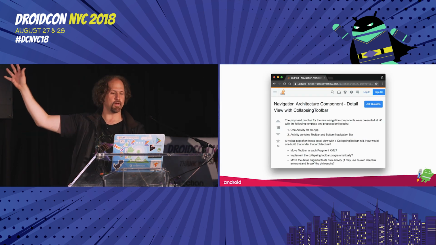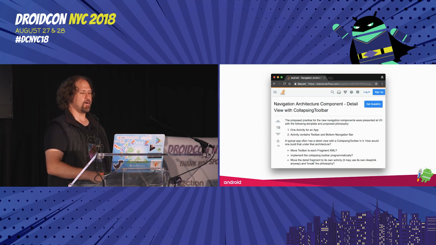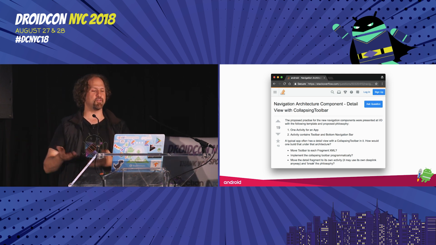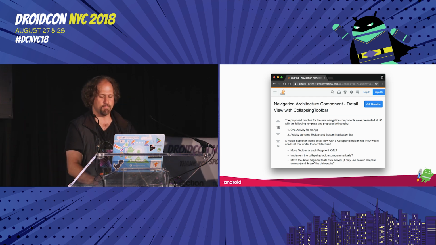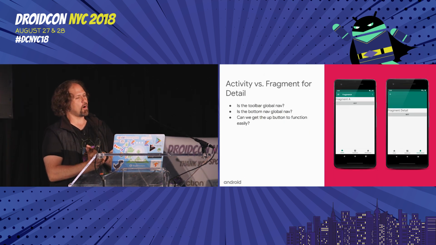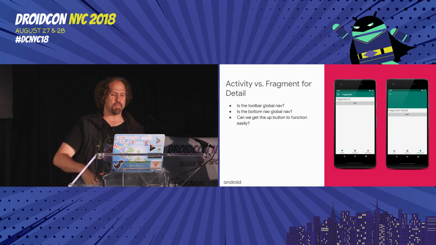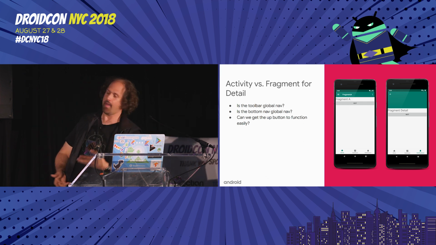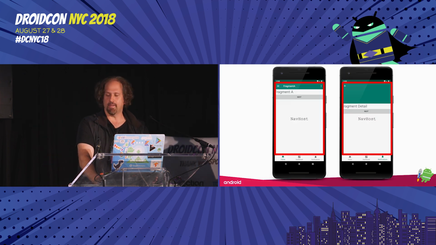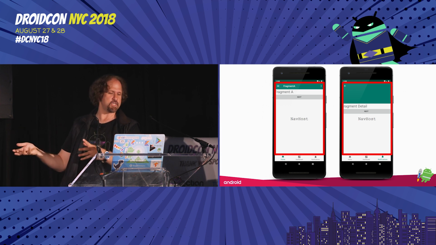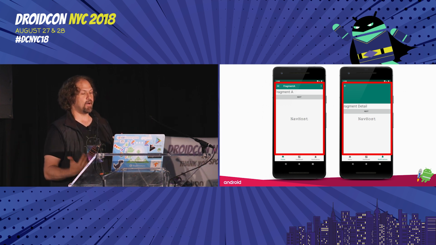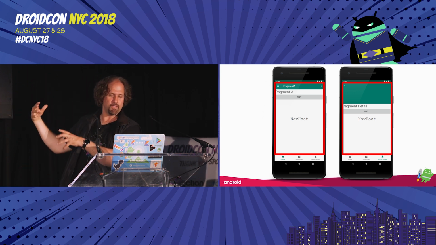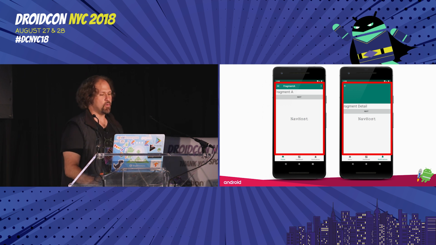We're just using our code to follow the principles of navigation. Now, one of the most upvoted questions on Stack Overflow about navigation involves using a collapsing toolbar. The asker wants to know what to do if you have a collapsing toolbar on one of the screens in your navigation graph, and to complicate matters, they also want to use a bottom bar. So, are the toolbar and bottom bar a global part of navigation, meaning they should be defined in our activity? If we don't define them in the activity, how easy is it to get the up button to work, and what about transitions? Well, it's really hard to do a collapsible toolbar that changes depending on the fragment in the activity because it needs to be nested into a coordinator layout. And the bottom nav, on the other hand, is really easy to put in the activity, and it's visually global navigation. It's on every screen, and the view hierarchy remains the same.